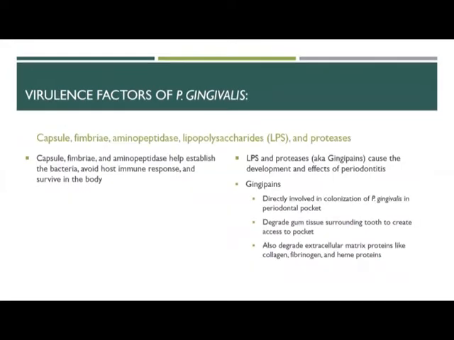So specifically, how is it doing this? The virulence factors of P. gingivalis. There are many that affect how it's going to cause infection and disease. The capsule, fimbriae, aminopeptidase, lipopolysaccharides or LPS, and proteases. Capsule, fimbriae, and aminopeptidase are really helpful in establishing the bacteria, avoiding host immune responses, and allowing it to survive in the body. The capsule and fimbriae are just physical parts of the bacteria itself,